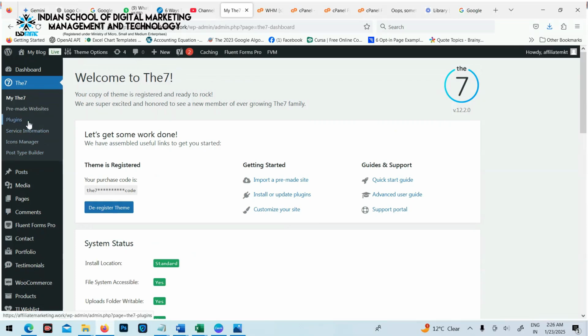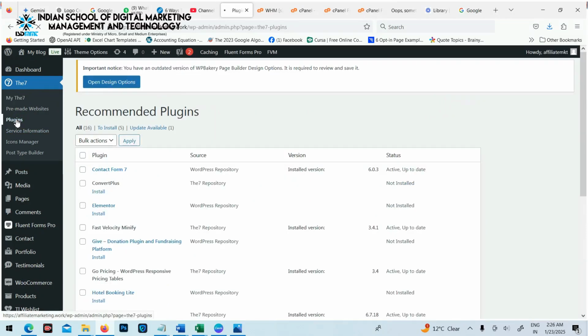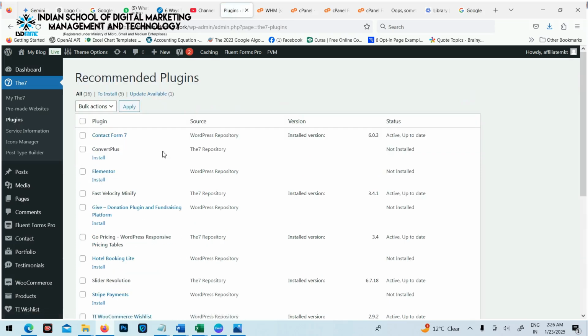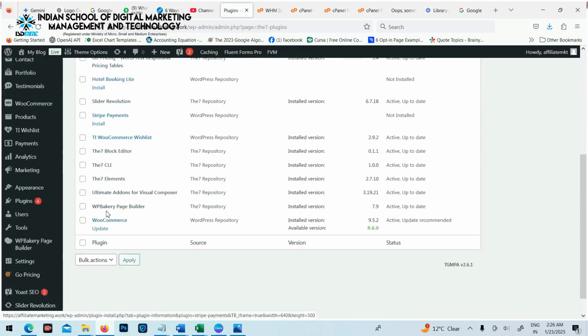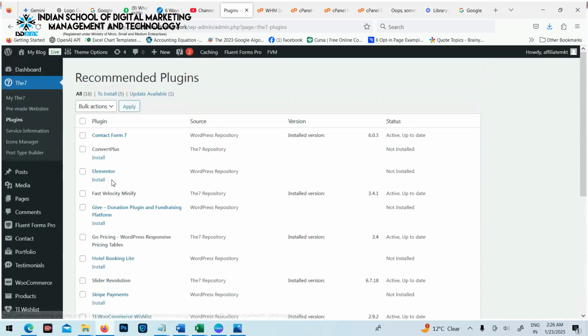After this, go to this plugins option to install the theme related plugins. Another issue you may face when you try to install these theme related plugins from this section is that it may take too long to get installed, or your screen may get stuck in between. In that case, you have to upload and install the plugins in the similar way, the way you have just seen in the demonstration of